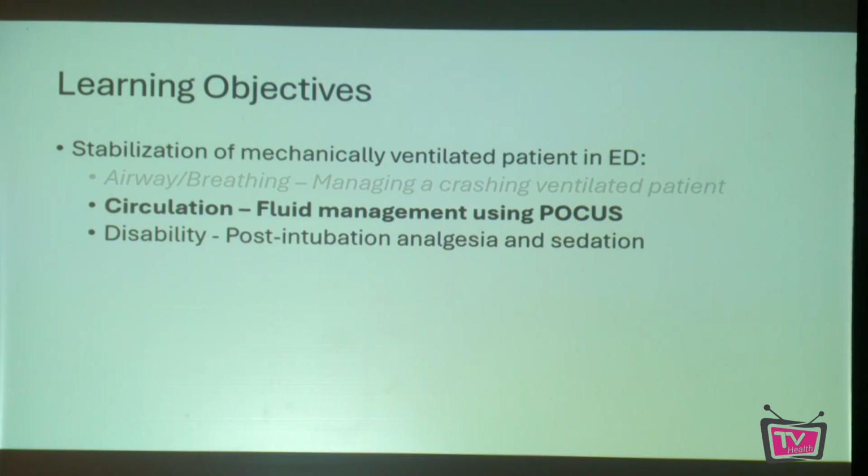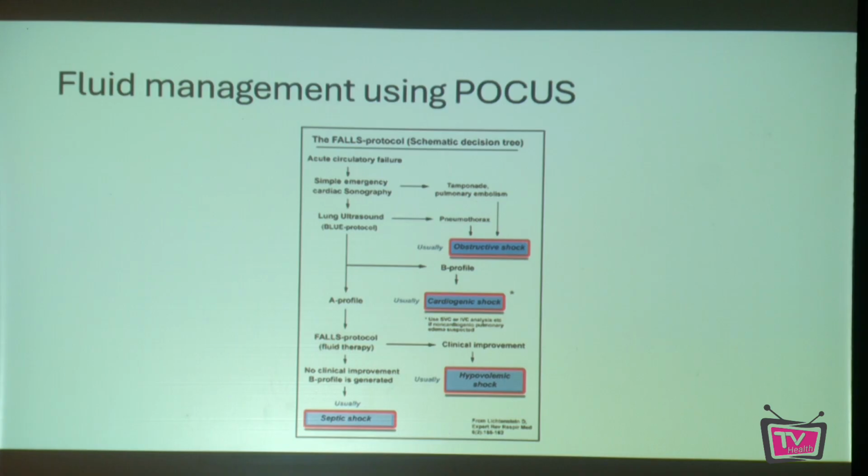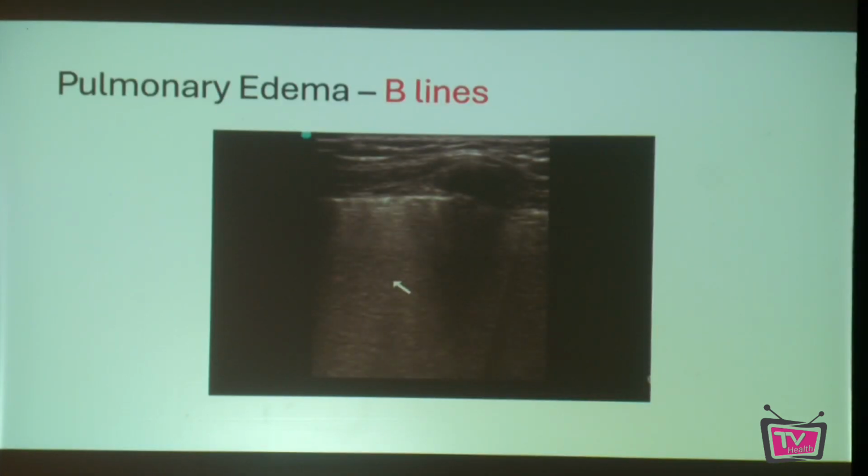The second part of the learning objective is, if the patient is hypotensive, what do you do? It's very common to assess fluid management status using point of care ultrasound. A patient who has become sick, desaturating, either you have overloaded the patient in the ICU or the patient has got ARDS. Both things can happen in critically ill patients. So how do you assess such patients?